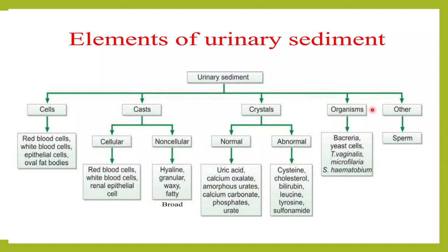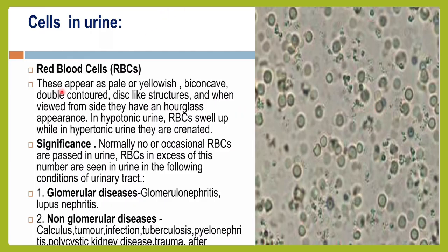and sometimes we see artifacts as well as sperms in the urine. So RBCs in the urine we have dealt with in detail, but remember these RBCs are yellowish, biconcave structures. They can vary in shapes and sizes sometimes, and whenever you keep this urine and it becomes hypertonic urine, sometimes it becomes crenated. So why does it become important?